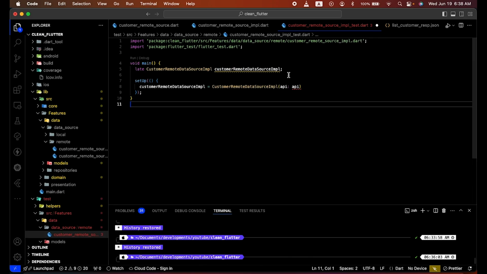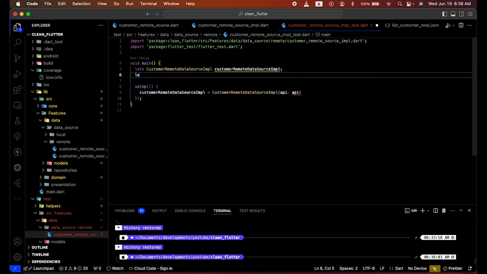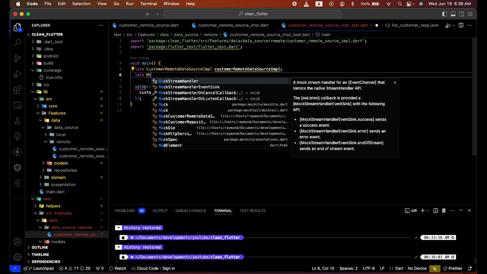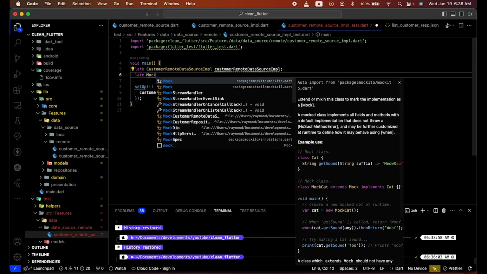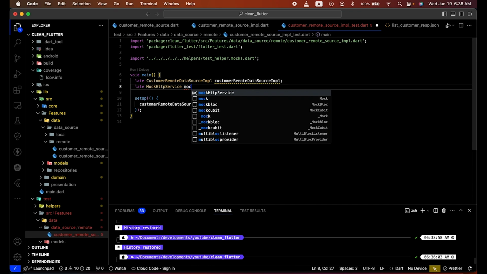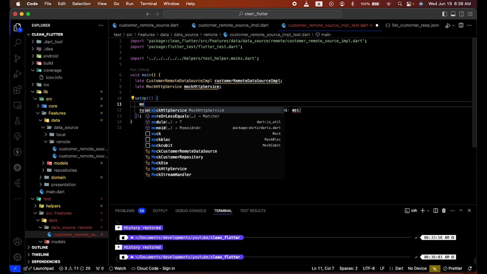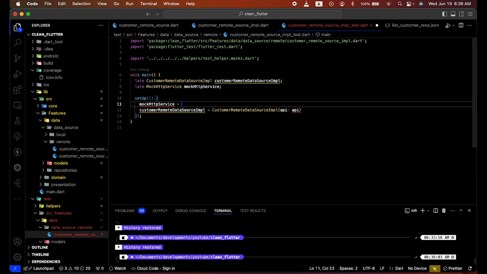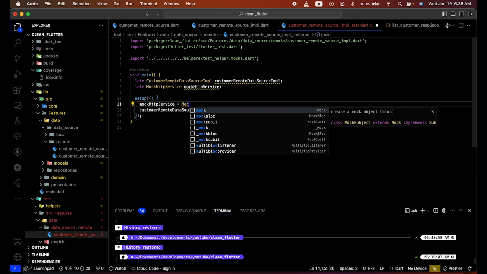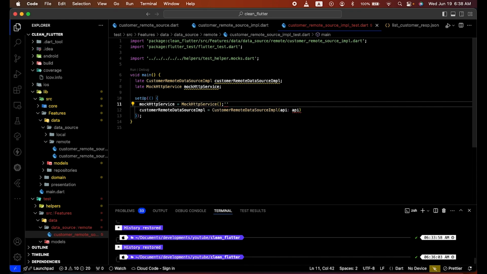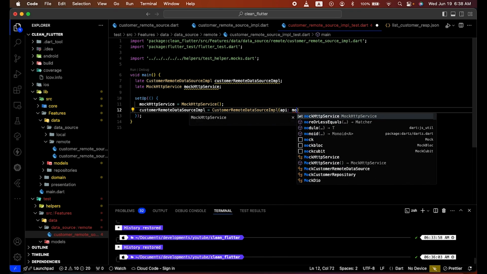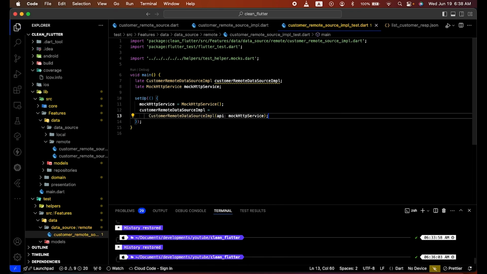So after mocking HTTP service, let's do proper setup for it. Mock HTTP service, and then mock HTTP services, then we will call it here. Okay, now